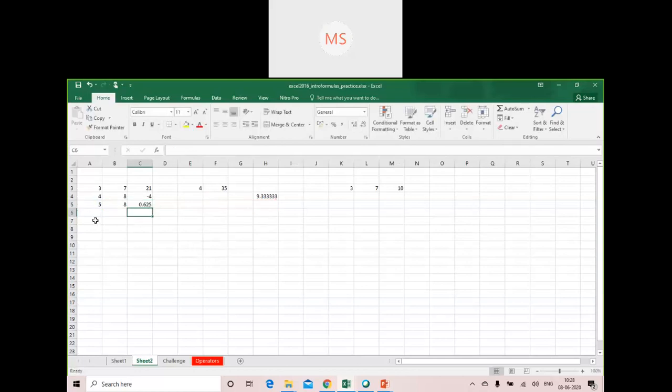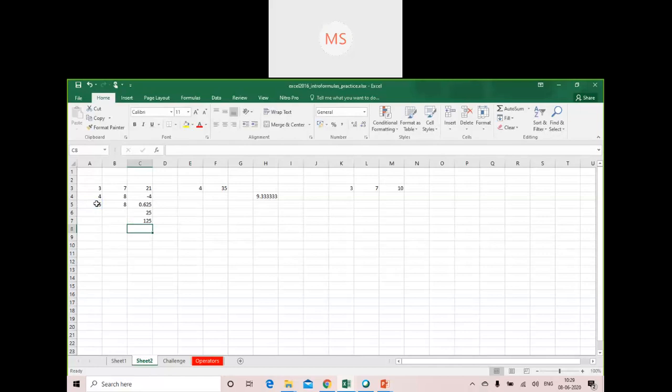Okay. If you want to print the square of A5, cell reference A5, you can take the cell reference and then use this sign. Okay. And now you can put the value 2. If you want to take cube, you can write 3. In the same way, you can do it in this way.